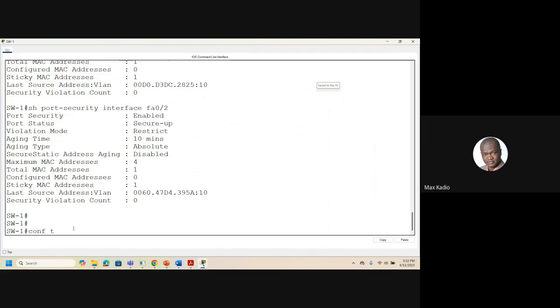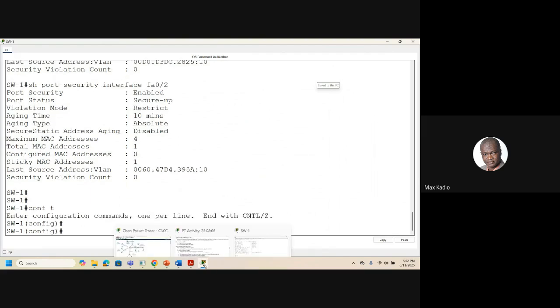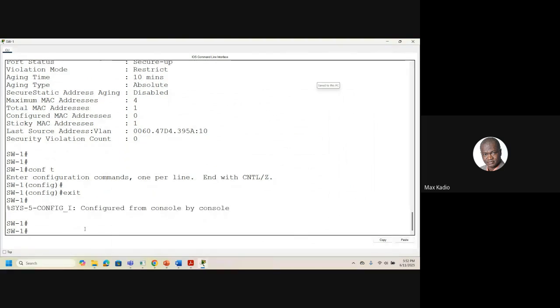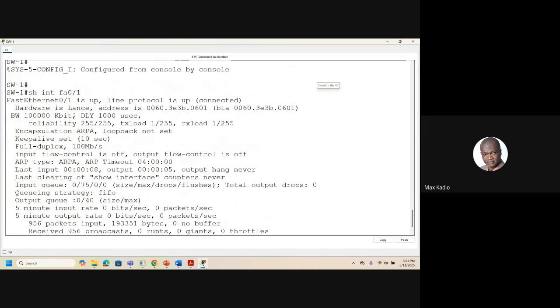So we go to that interface, conft. So even before that, I exit. I want to confirm the MAC address on port F1. So I type show interface FA01 to view the MAC address of that port. Let's see, this is the MAC address. So it's this one. We need to copy